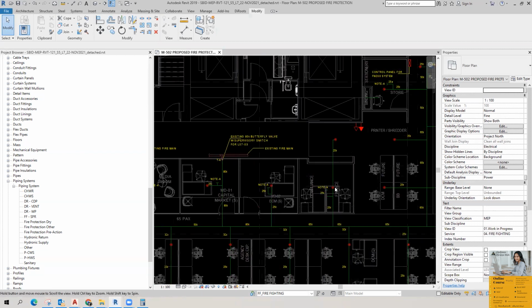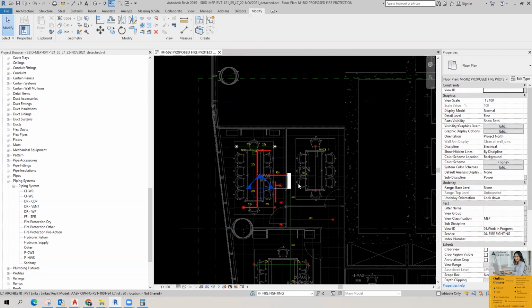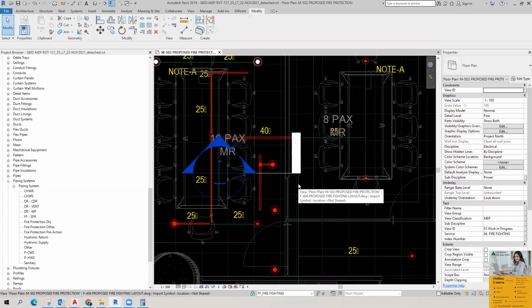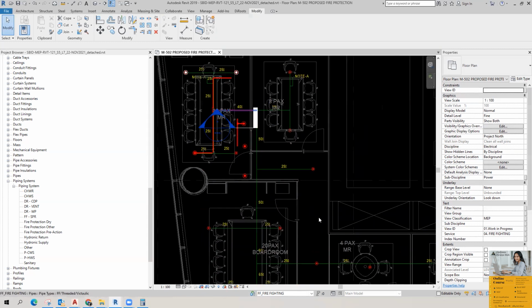But while modeling, just try to not maintain the offset level. You can drop it, you can raise it, and drop it, you can raise it like that. Don't go for the same levels. We model lines with different levels, because during coordination we have to adjust the height of every pipe. For example,